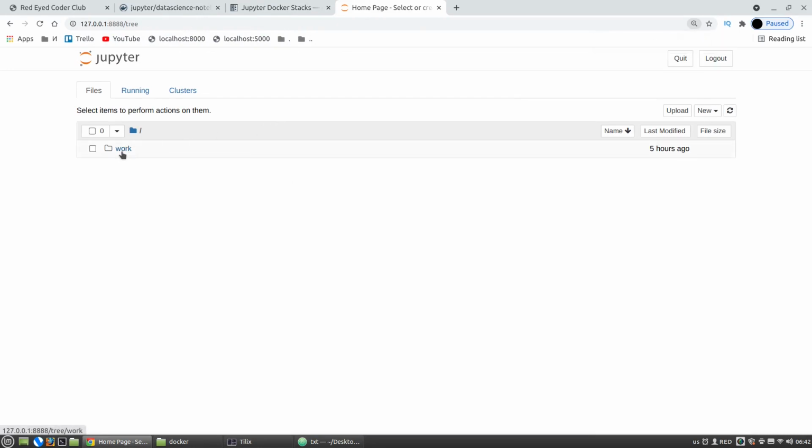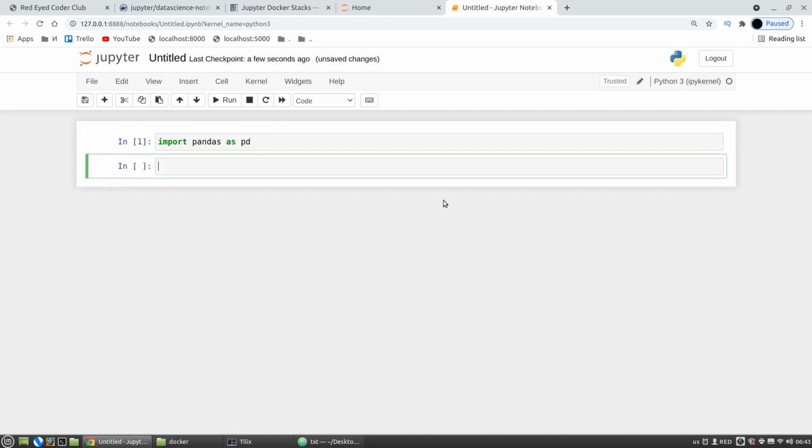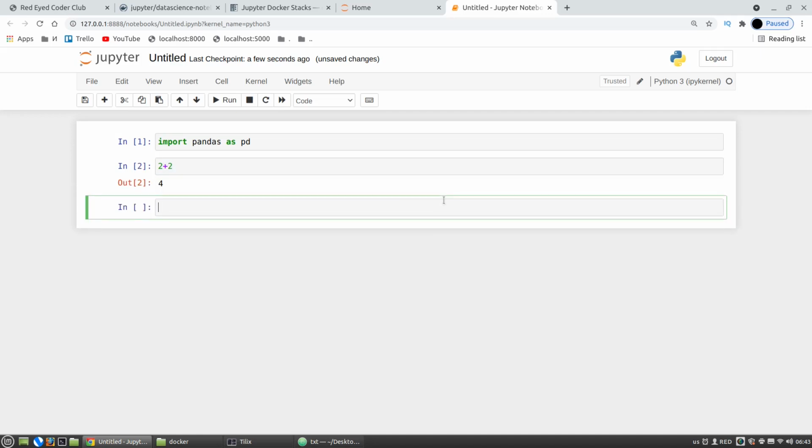Okay, the work directory. We can create a notebook. It's working. And now I want to use some data with this notebook, and how can I do it?